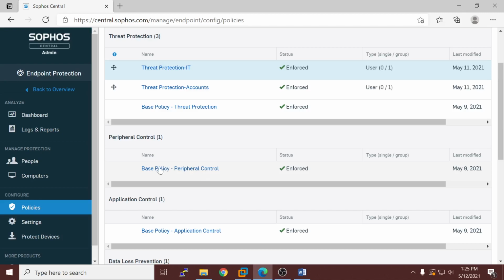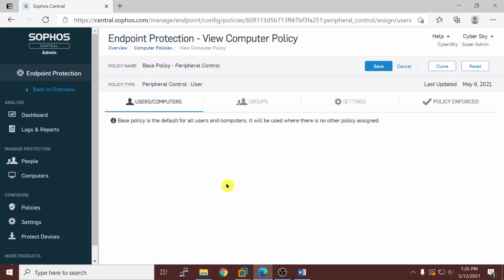You can see the base policy is currently applied to all Sophos Central devices and users, and it is enforced now. Let me go to this base policy. Same as the threat protection policy, the same tabs are available: users and computers, groups, settings, and policy enforcement.